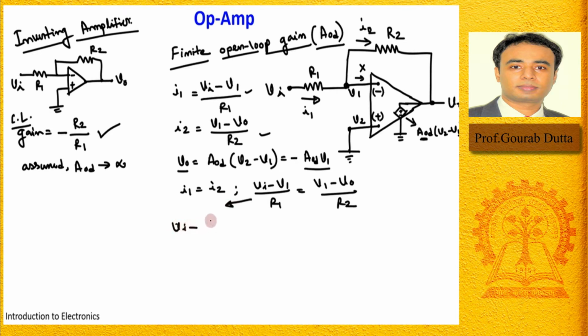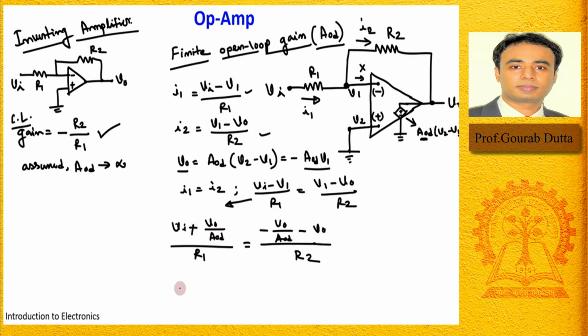So it is this minus, then here also one negative sign is there, so it becomes plus. It's V0 by A of OD by this is R1, right? And here it is V1, so again replace it by this: V output by A of OD minus V output by R2, right? You can now just multiply and take V output one side and V input in the other side,